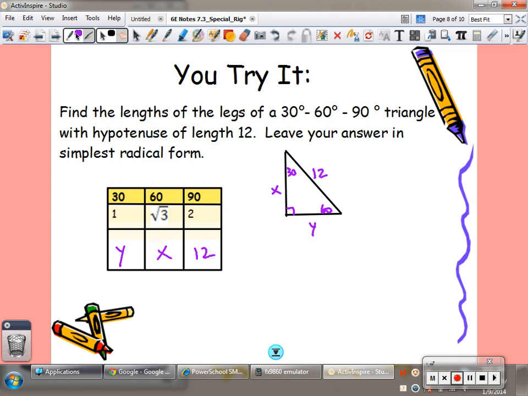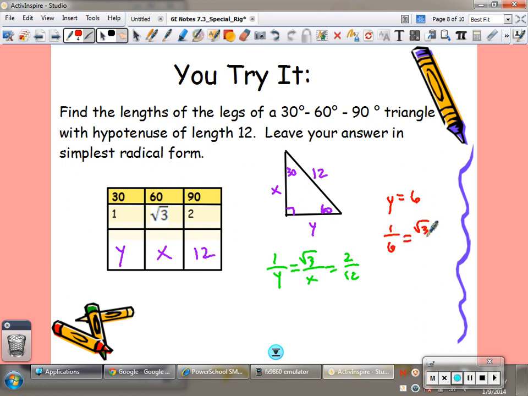Same idea. I have 3 ratios that are all congruent. So 1 over y equals the square root of 3 over x equals 2 over 12. Well, again, finding y should be easy. 1 over y equals 2 over 12. So I know right away that y is 6. Okay, y is 6. And then 1 over 6